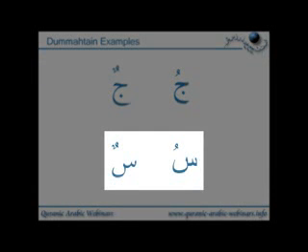Another example, here we have Seen, so we'll have the sound of Su, and if we double